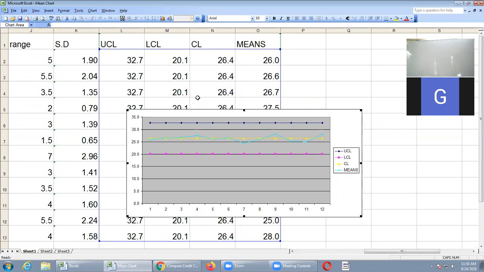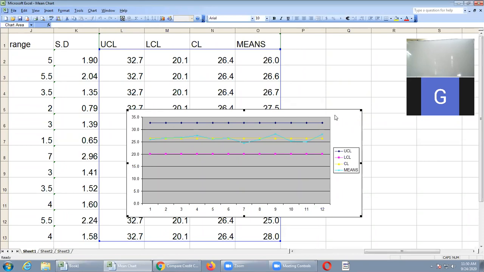Suppose S chart is given, then range values are not required. If you have to construct mean and S chart, then range values are not required. Only S chart is given, mean and standard deviations are required. I think all of you understood now. If only the mean chart is given, you can do any one: mean and range, or mean and standard deviation. Mean and range chart means S values are not required. Mean and S chart means range values are not required. I hope all of you understood how to do the calculation part according to the question.